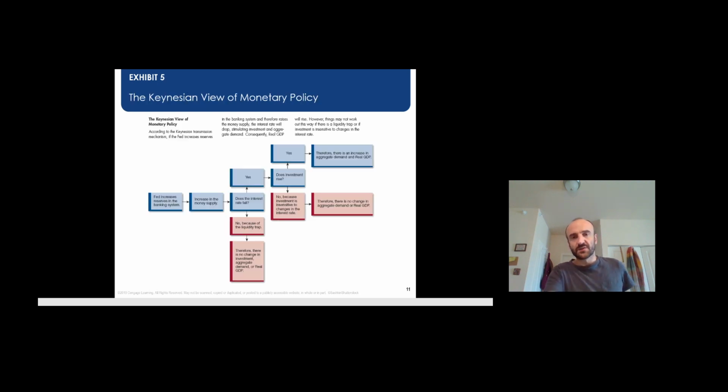Okay. So here you have a graphical representation of what I just overviewed for you. So you have the first step. These red rectangles and squares are the bad possibilities, things that can go wrong and that will go wrong according to Keynesians. The first thing here is that the Federal Reserve increases the amount of bank reserves. This increases the money supply. Okay, we can assume that that's going to happen. Now, the first test is, does that lead to a lower interest rate? If it does,